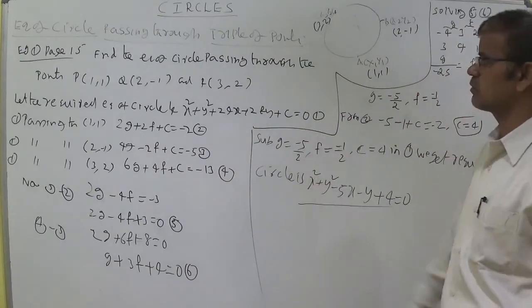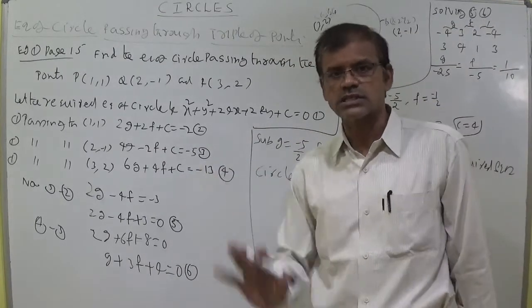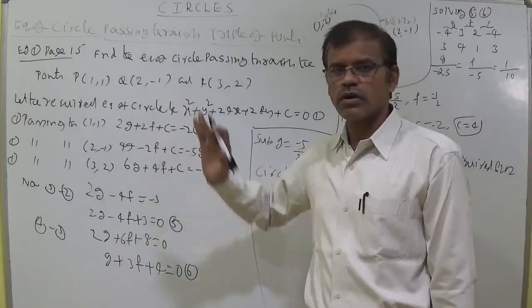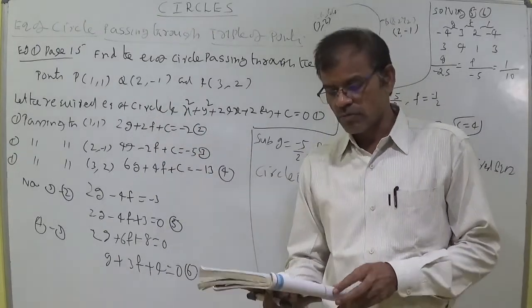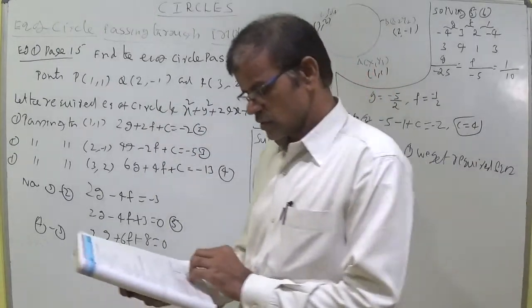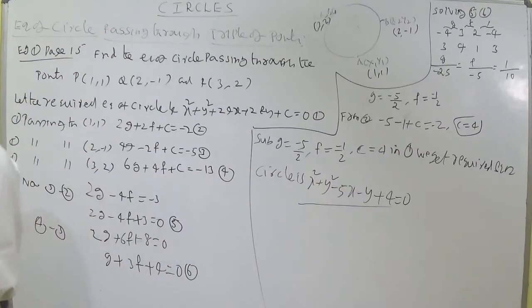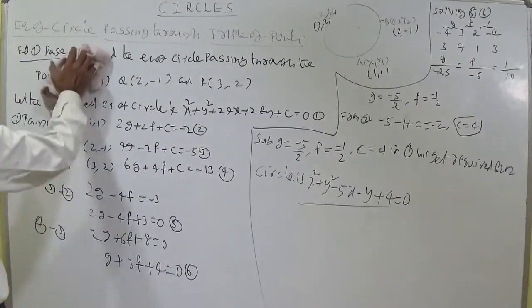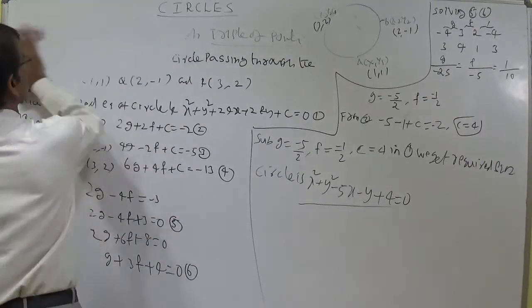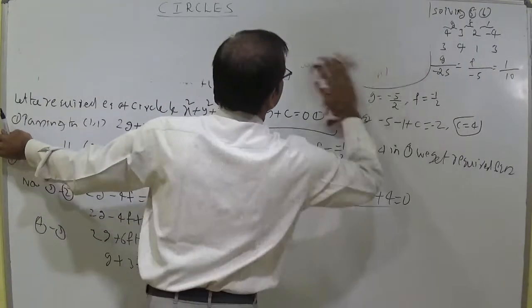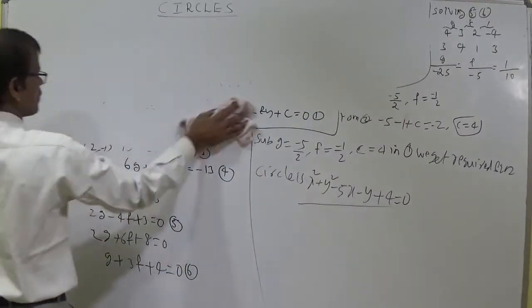This is an IMP 7 mark question. This model is important for 7 marks in IPA exams. Next let us discuss about the sum. Solved example 1, page number 17.